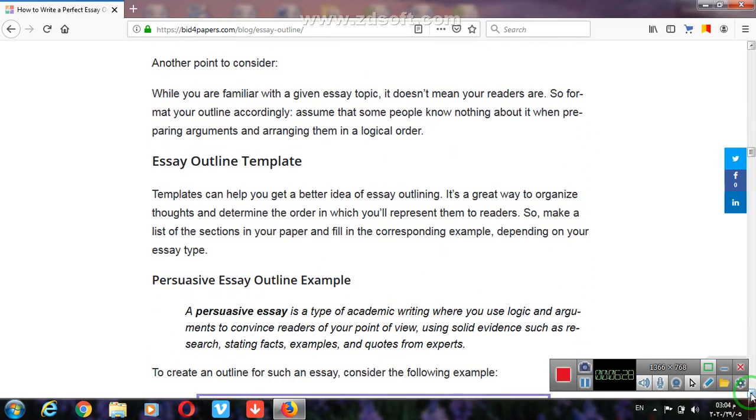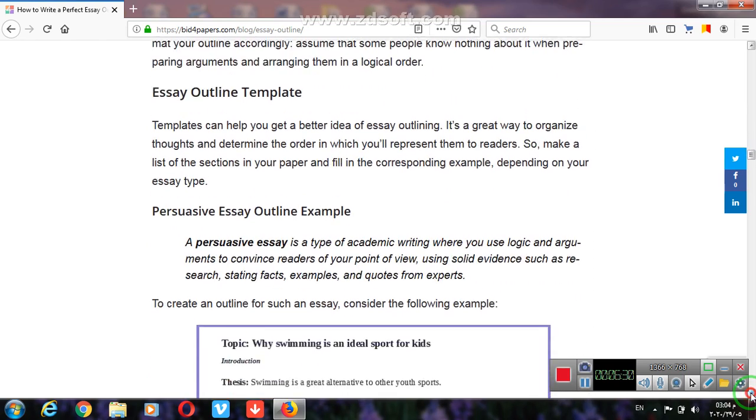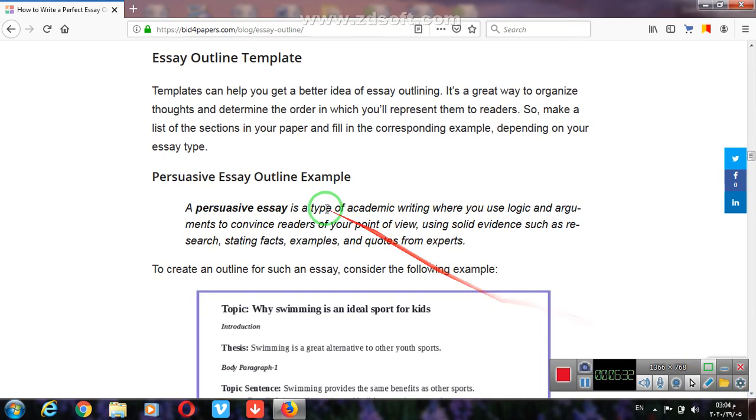Now let's move to the essay outline template. Let's show you some examples of how outlines are written in essays. I chose persuasive essays, narrative essays, and expository essays. Let's read it together. We have read this in the contents before, but I chose only three essays: